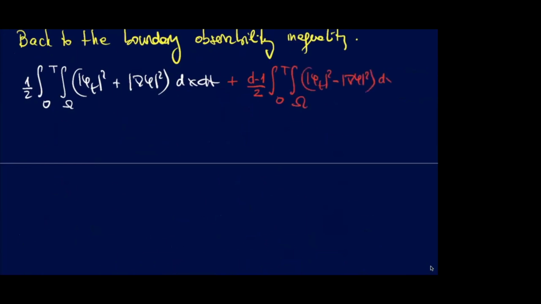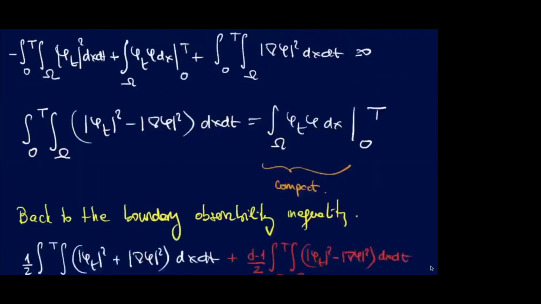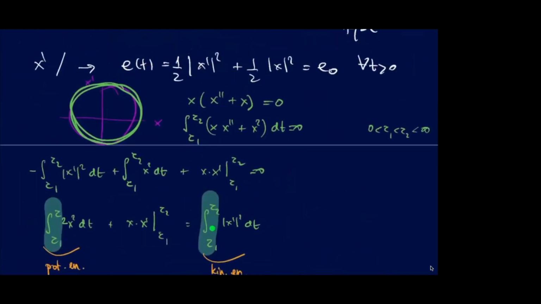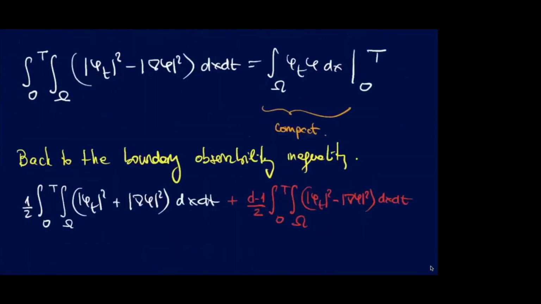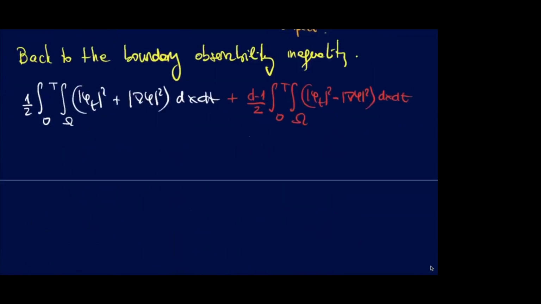And we have seen that the fact that you move from a plus to a minus changes the situation dramatically, because this term, being simply the gap between kinetic and potential energy, has the tendency to be very small. This is what we have seen in the harmonic oscillator, where although at every time instant the difference between potential and kinetic energy will be large, when you integrate, for instance, on this full arc, the difference vanishes. So this has the tendency to be very small.